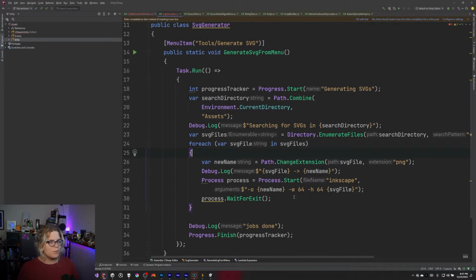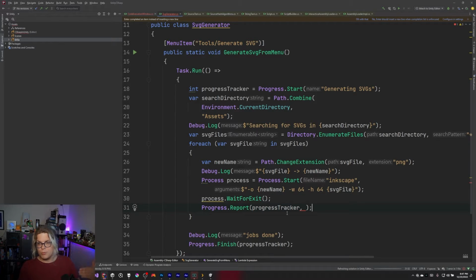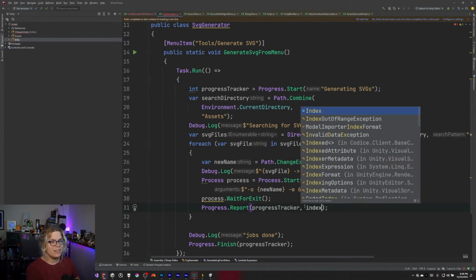I think I actually want to move this down here. So report the progress at the very end. That way we'll start at 0%, complete one, and then it'll go up to 25% because that's how far we've completed things, rather than we're 25% done when we haven't done the first file even. That would also prevent us from doing we are 100% done when we haven't completed the task. So we're going to do that, and I'm just going to say